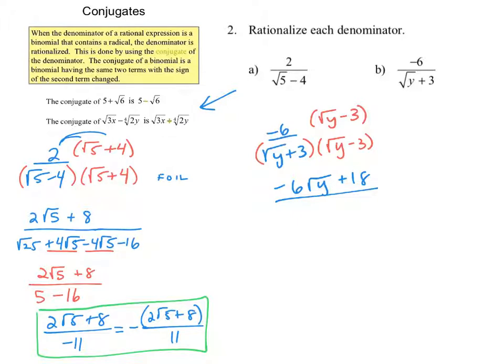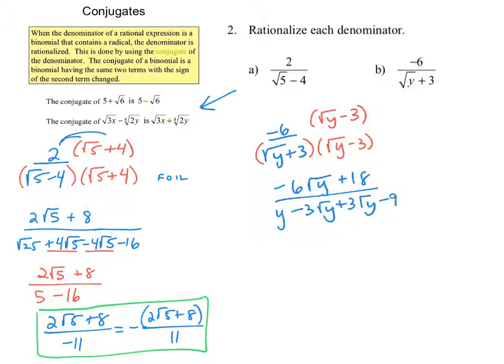18, all divided by the square root of y plus 3 times the square root of y minus 3, using first, outer, inner, last. The square root of y times the square root of y is the square root of y squared, which simplifies to y. The outer is minus 3 square root of y, the inner is plus 3 square root of y, and the